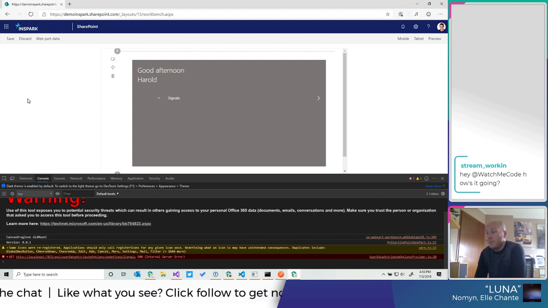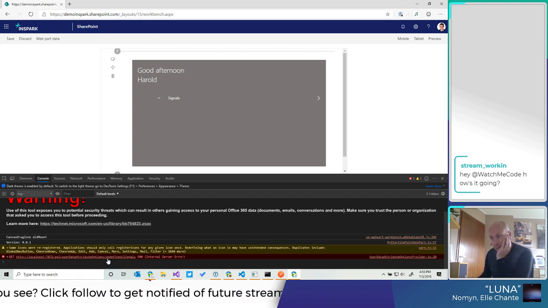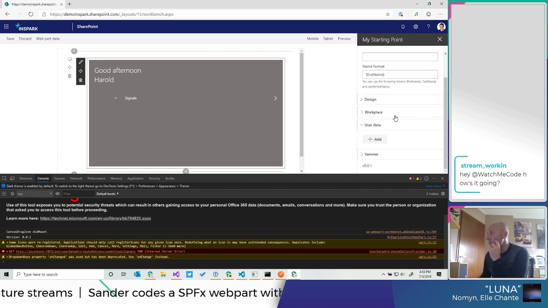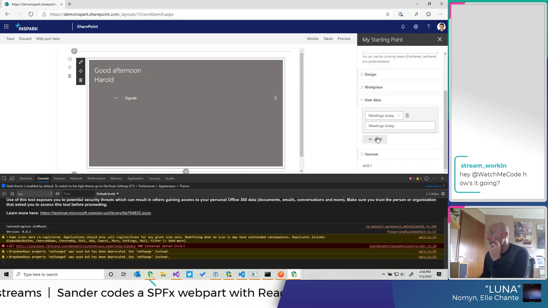Not what I wanted, but it's throwing me a 500, and as you can tell already, this is because we configured the Webpart prior to making our change to also store the category. So the category now is undefined, and we should be able to fix that quite easily by removing and adding.